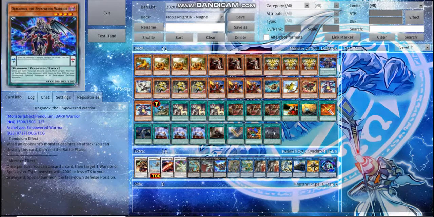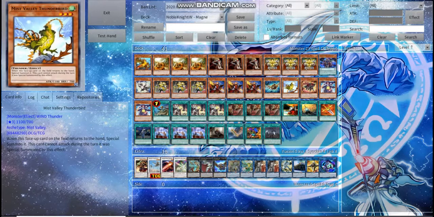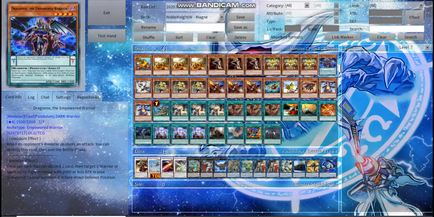1 copy of Dragonox the Empowered Warrior. This is mainly to stop your Thunderbird from just straight up being attacked over by battle, because that's kind of a big issue. Dragonox is kind of important. You're usually going to be searching it off Isolde and setting in scale, which basically says you can just stop an opponent's battle phase for free. So that's nice. 1 copy